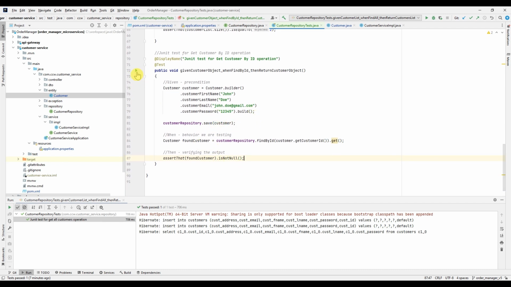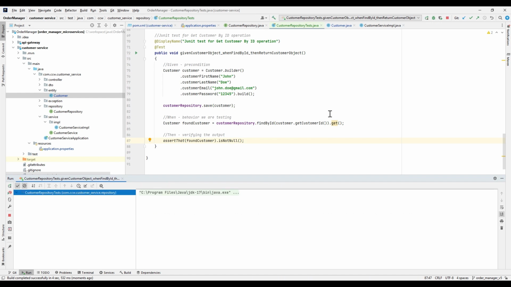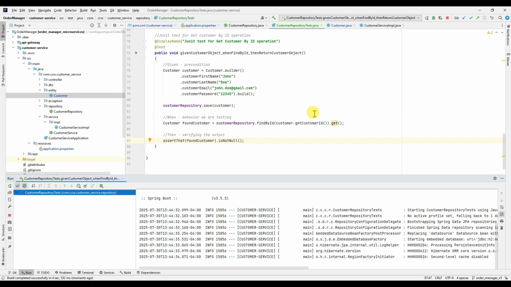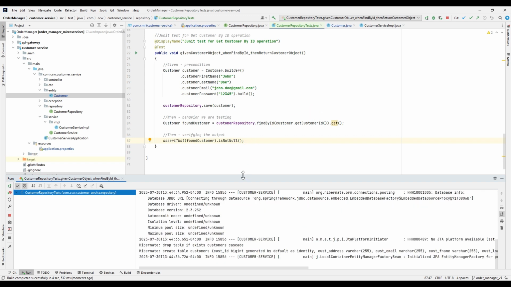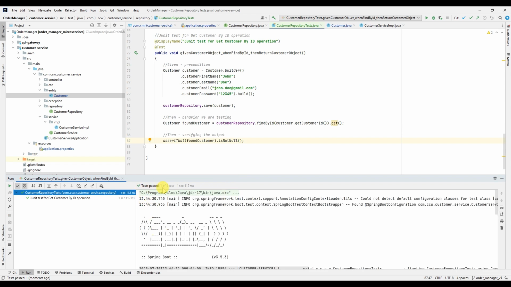So let's run this test case and see. We can see the test case has passed,